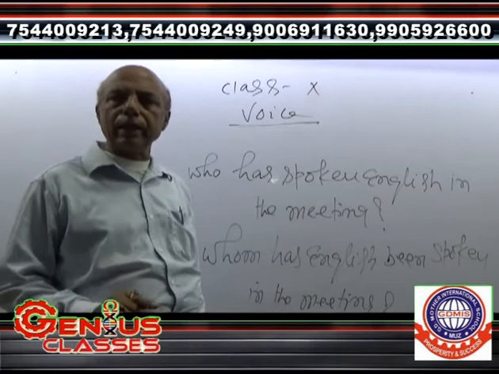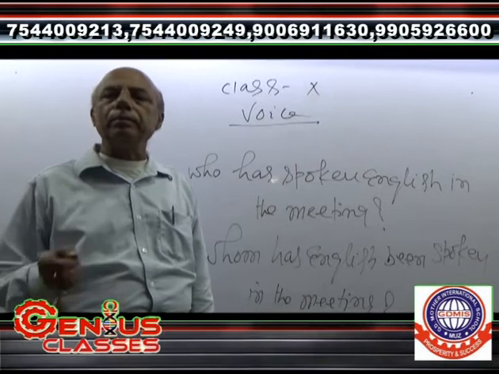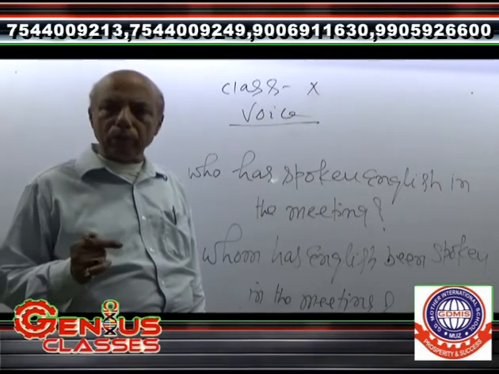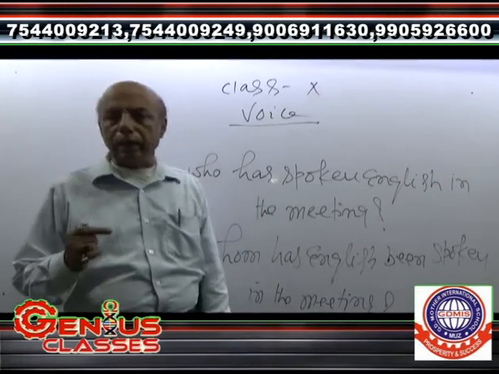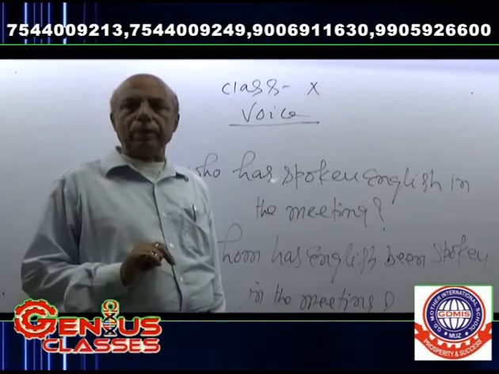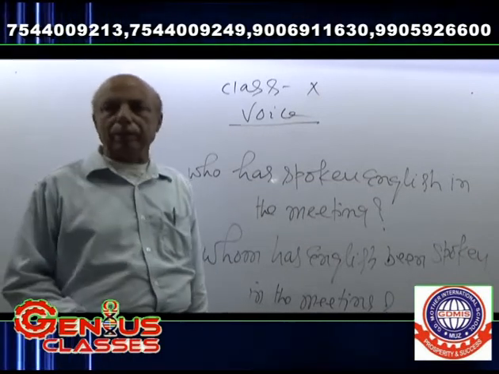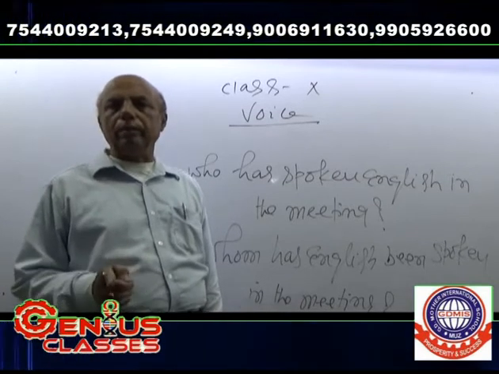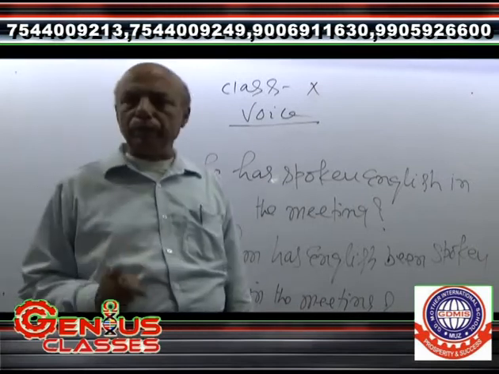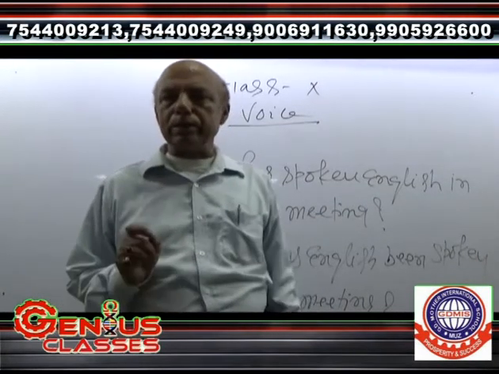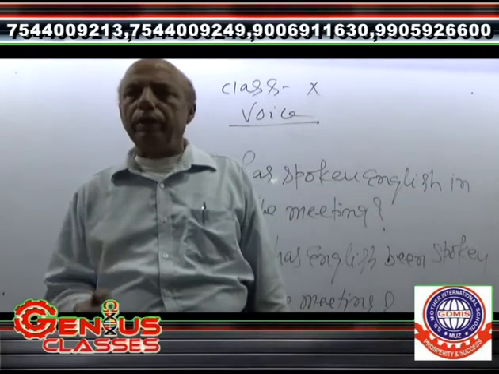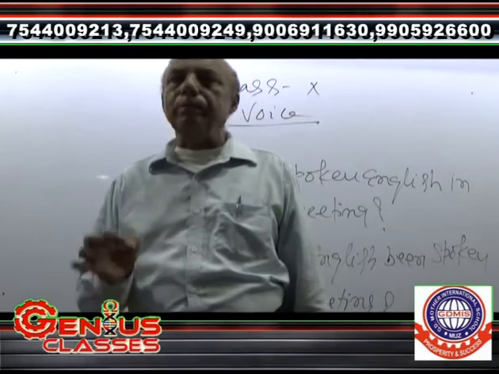Who will write a letter, by whom will a letter be written. Who is going to deliver a speech in the meeting, by whom is English being delivered in the meeting. Who will do that work, by whom will that work be done. It means it should be in our mind that whenever a sentence starts with who, it is made passive by applying by whom.